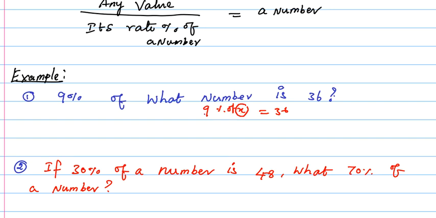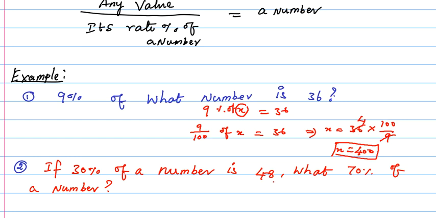So directly you can substitute 9 percentage of a particular number. We can take this as x. So 9 percentage is nothing but 9 by 100 of x equal to 36. After multiplying 9 by 100 to the right hand side, you get 36 divided by 9 by 100. You can cancel this term. From that you may get 400. x is equal to 400. So this is the normal way.